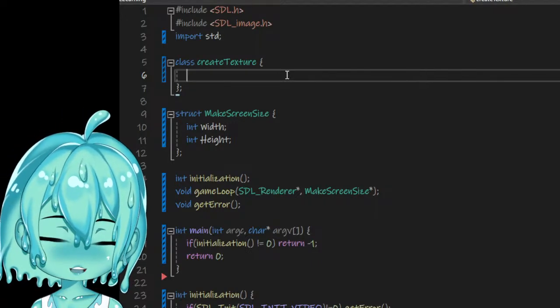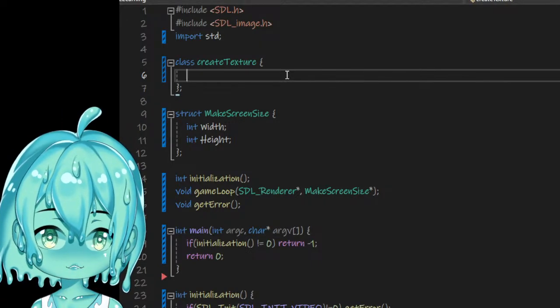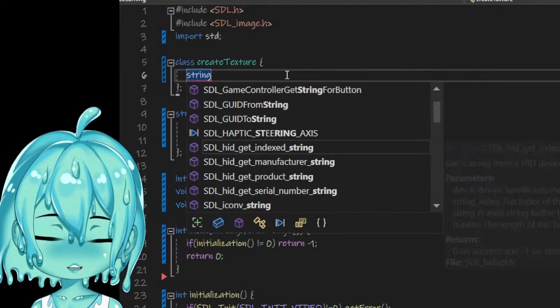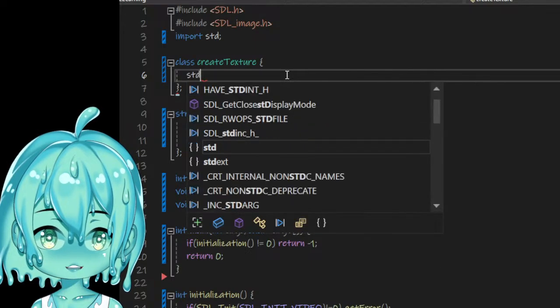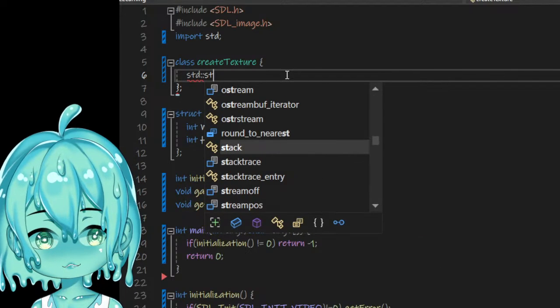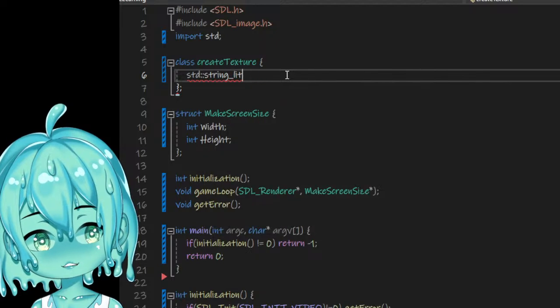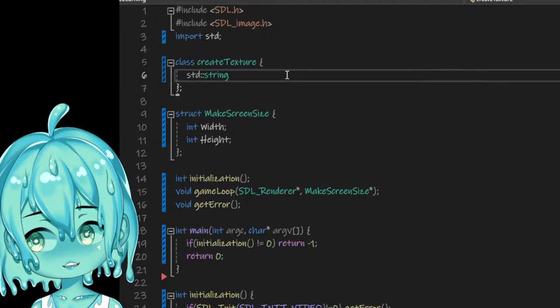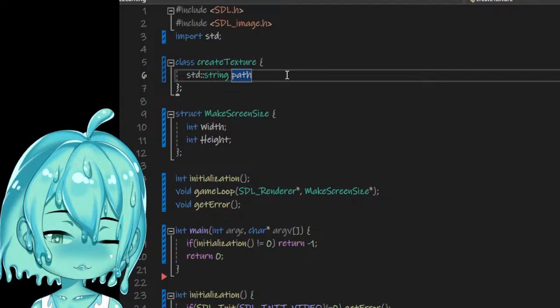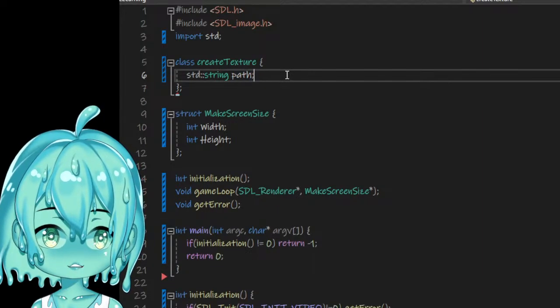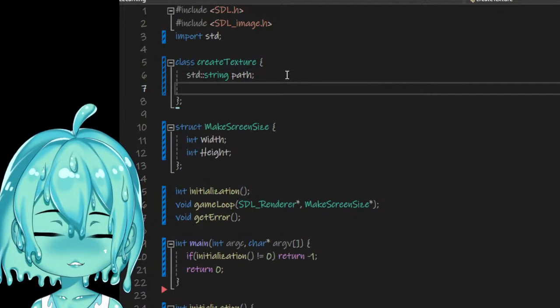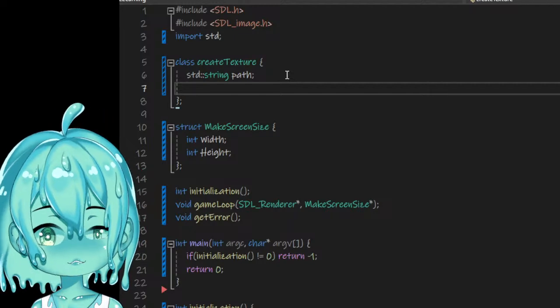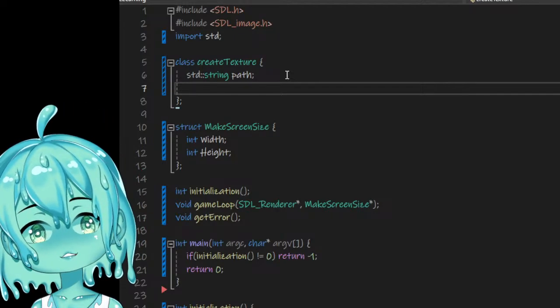So, std::string, not string literals, path. Yeah, we'll just call it path. String path, and then we're gonna call the function